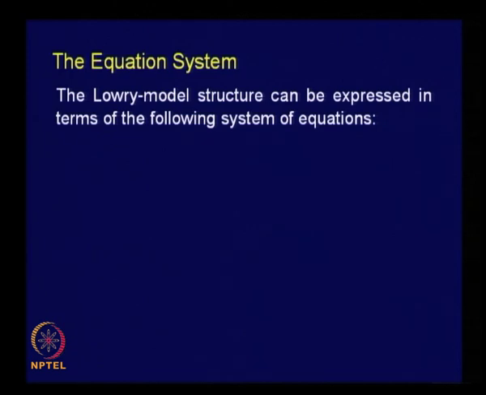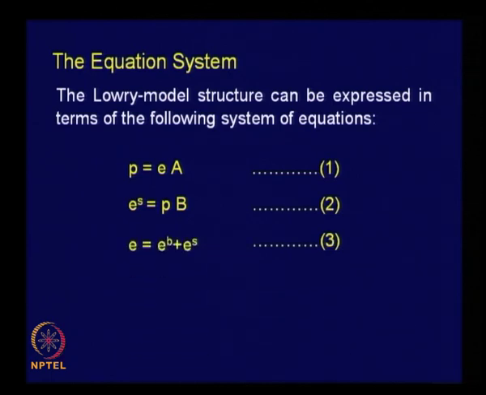Then the equation system of Lowry's land use model. A set of equations were used by Lowry. Equation number 1 is this: P is equal to E into A. Later on I will explain what these notations actually mean. Then ES is equal to P into B, and E is the sum of EB and ES, EB plus ES,